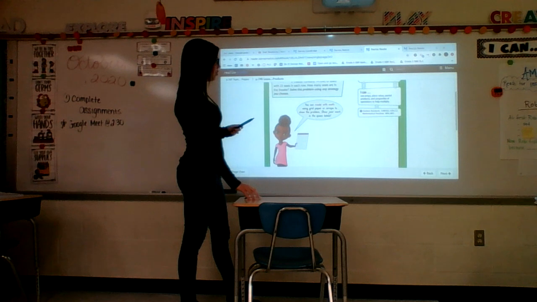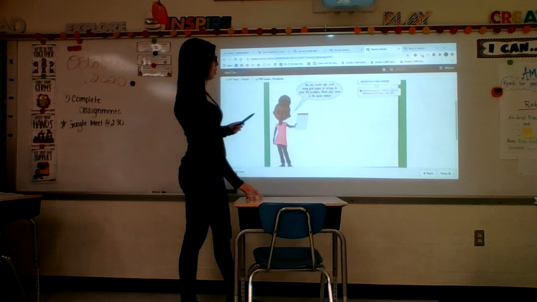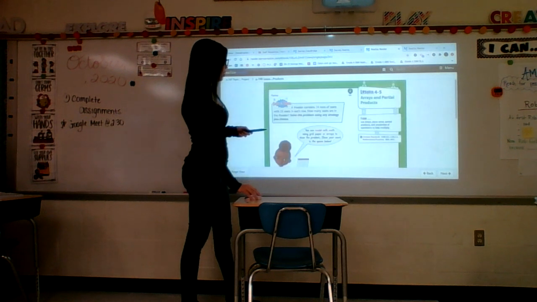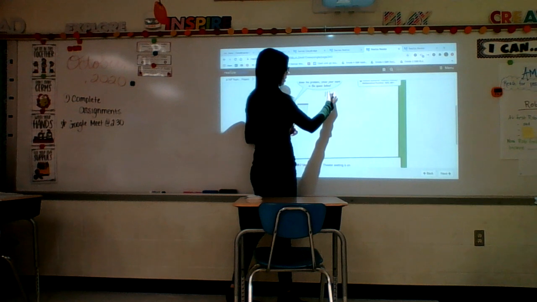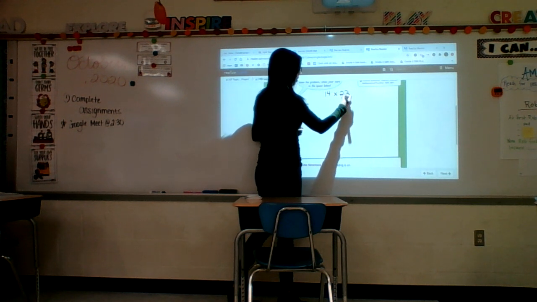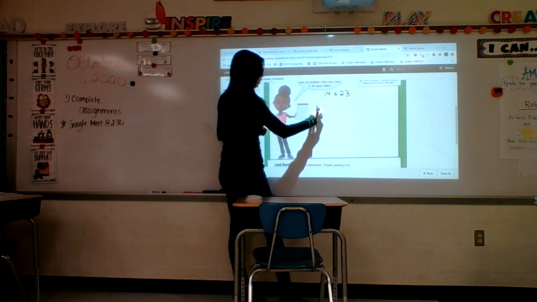How many seats are in the theater? Solve this problem using any strategy you choose. So we know that our multiplication equation is 14 times 23. Now, if we were doing an area model, the first thing I would do would be to